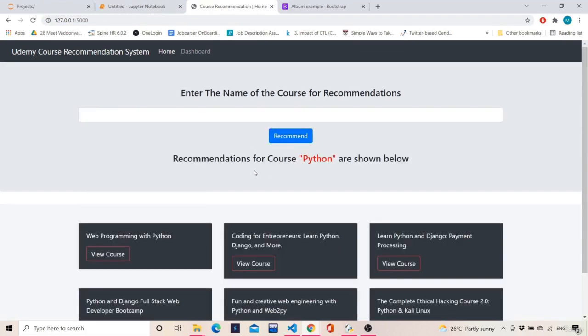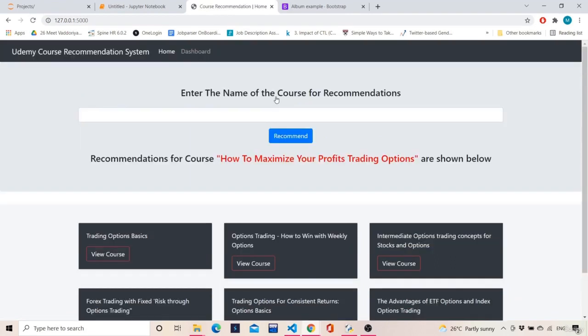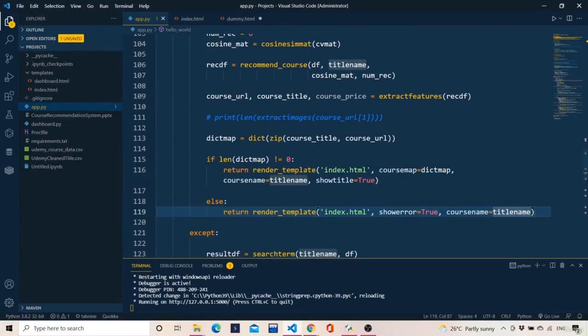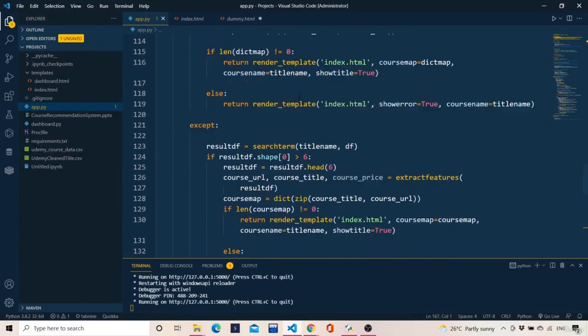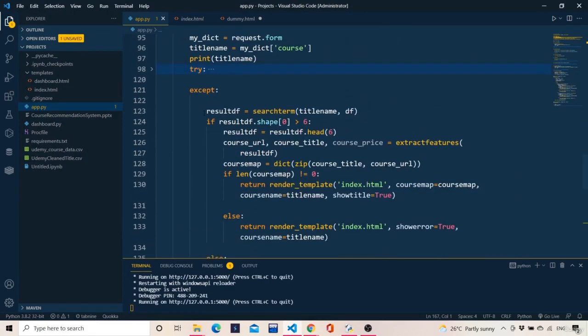But if I keep Python, Python is coming, right? If I keep maximize your trading options, courses are coming. So that is all about the try block. Now what is there in the except block is very important. So the try block is done. Now the except block is very important. So basically I defined a function known as search term, which will take in the parameters title name and